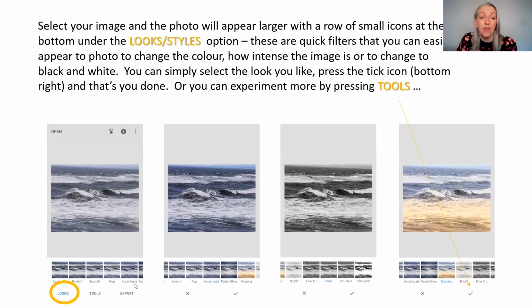Then it'll say tools, and then it says export. So export is where you're saving the image to your phone, basically. So the first option of looks and styles, they're like presets, like a filter. So you can very quickly just tap on any of the thumbnails, and then that makes a series of adjustments